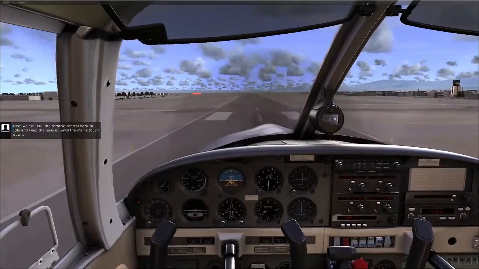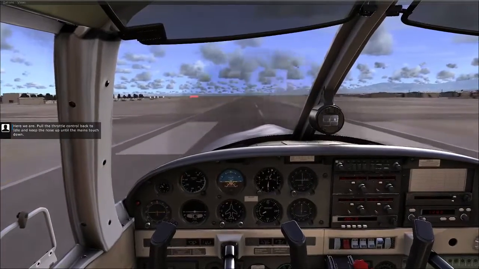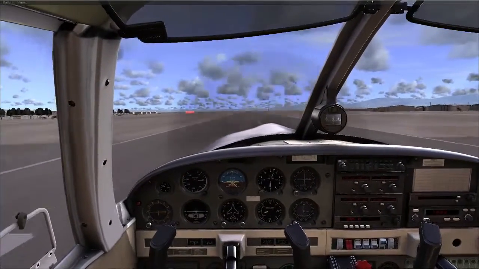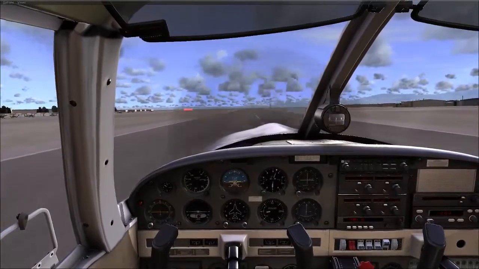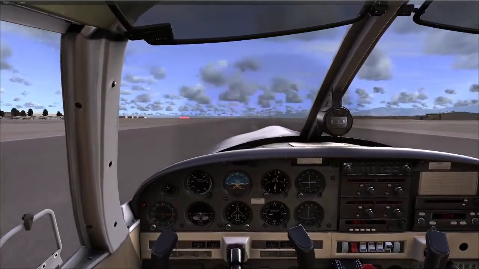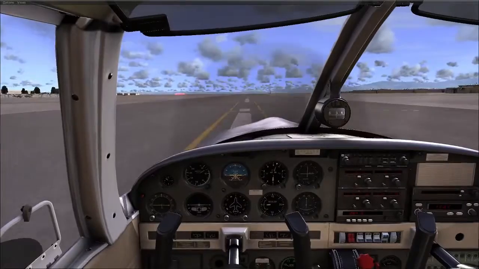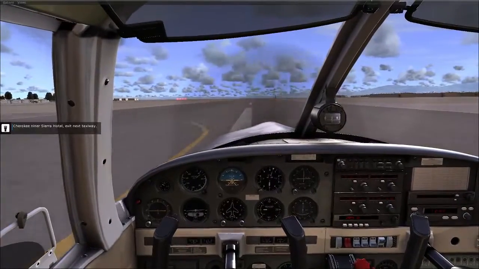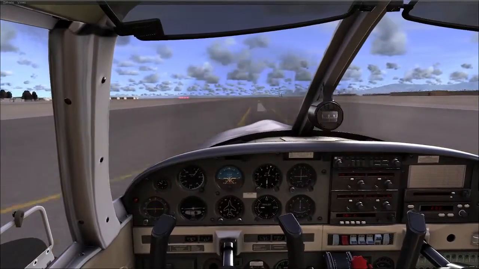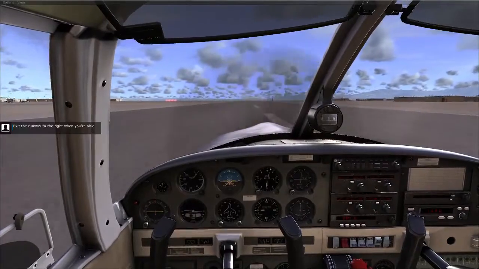Here we are. Pull the throttle control back to idle and keep the nose up until the mains touch down. Cherokee 9 Sierra Hotel, exit next taxiway. Exit the runway to the right when you're able.